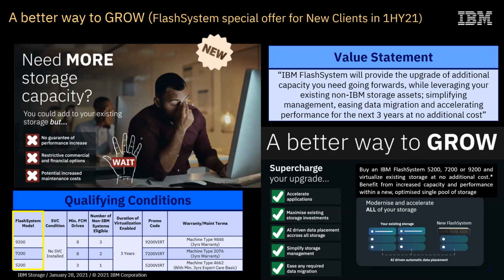There are qualifying conditions. They're not set in stone though. So if you do get an opportunity, please do call and let's have a conversation around that. That's a different conversation you can have though, if you don't want to get into a price war with the better way to grow